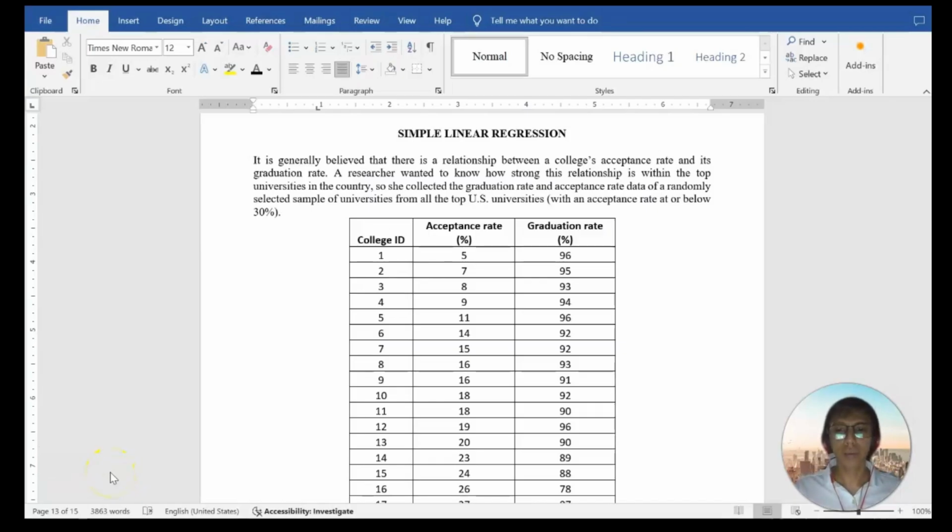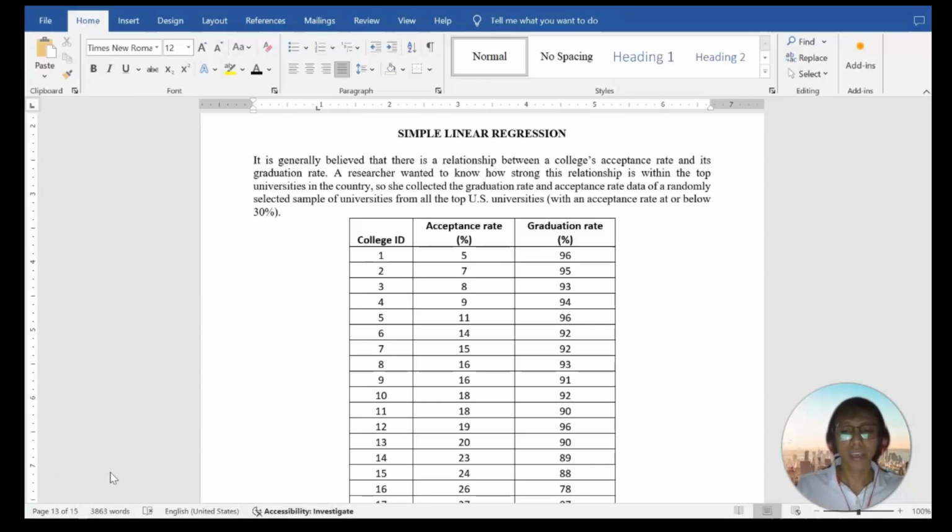So now let's know more about the simple linear regression. So simple linear regression is a statistical method used to understand the relationship between two variables. Specifically, it models the relationship between a dependent variable, which is the y, and an independent variable, by fitting a linear equation to the observed data.